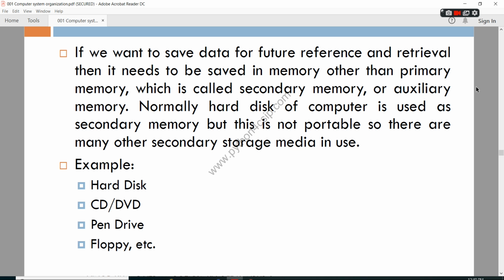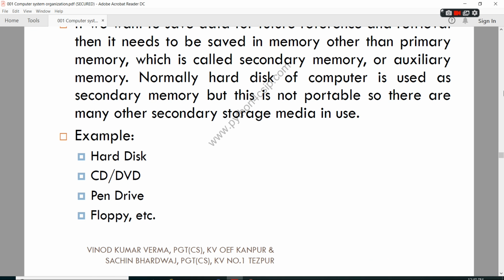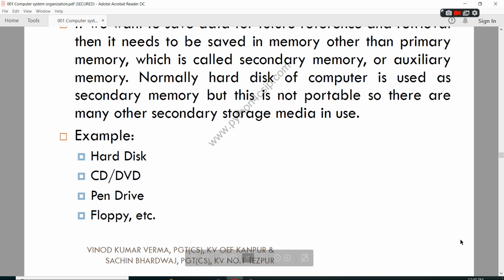Now normally the hard disk of a computer is used as a secondary memory, but it is not portable. The pen drive, floppy, CD, DVD or external hard disk are portable. So we are using this many secondary storage media in our normal personal use, right? So this is what you have seen. Now we are going to see the next one,